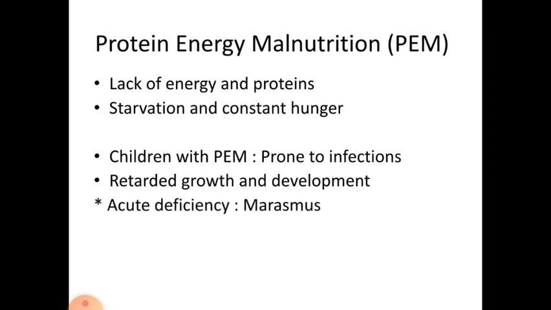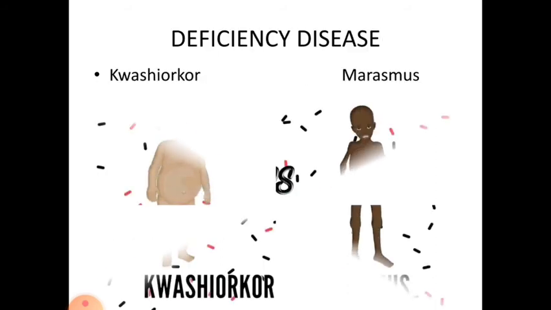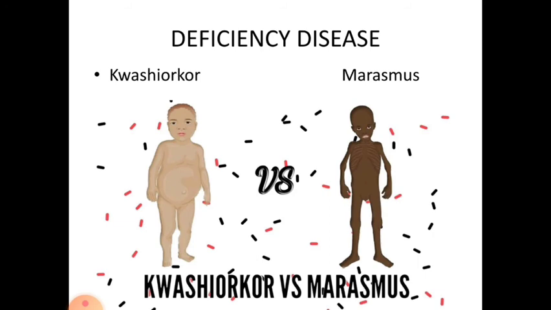An acute deficiency of both energy and protein results in marasmus, which is also known as nutritional marasmus, whereas a severe deficiency of protein and energy intake may result in Kwashiorkor. Both of these conditions are serious, but Kwashiorkor is the more serious one because it can cause the quick death of a child if deficiency continues. But if timely medical care is provided, the recovery is also faster. Now we'll discuss the deficiency diseases in detail, that is Kwashiorkor and marasmus.